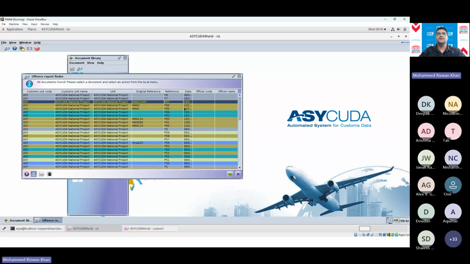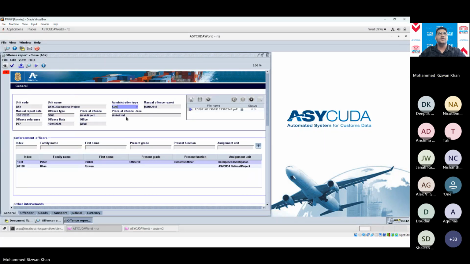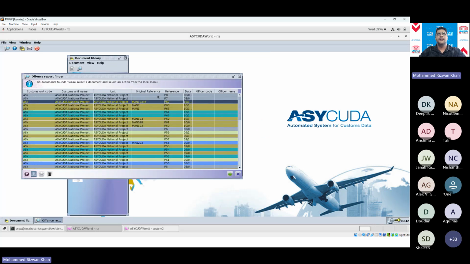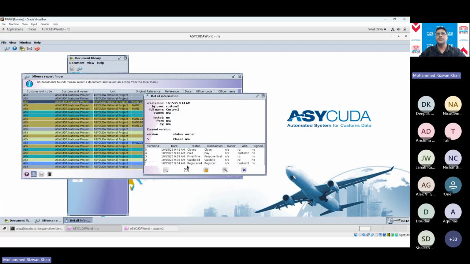Okay, so it will open up and then you close the particular case. And you'll see the details. So who did what? Register, who validated, who proposed the fine, who collected the payment, and who closed the case. So this is the process of your offense or case management system, if you would like to call that.